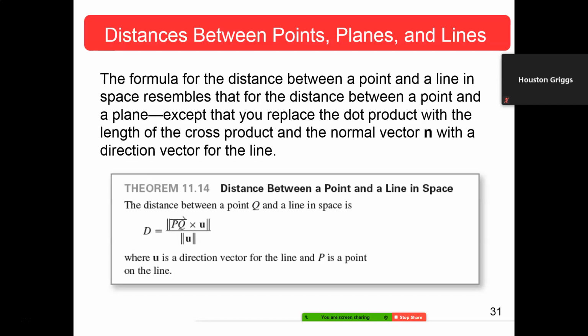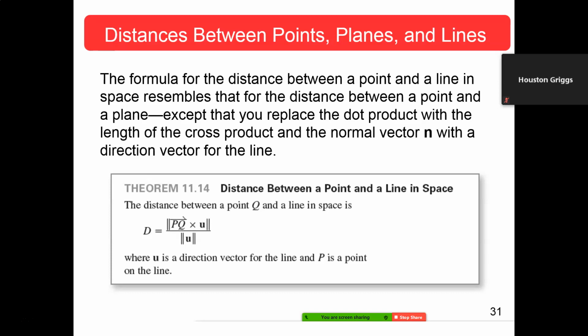The formula for the distance between a point and a line in space resembles that for a distance between a point and a plane, except you replace the dot product between a point and a plane with the cross product, and the normal vector with the direction vector of a line. Okay,